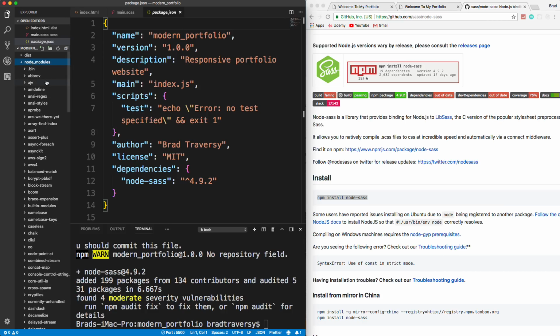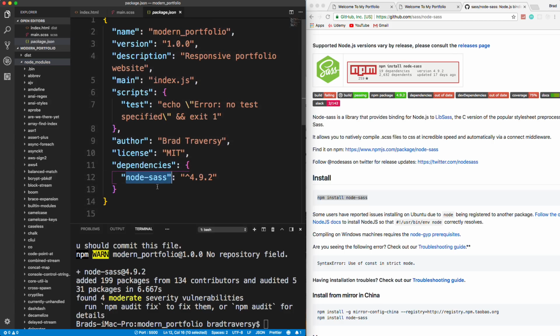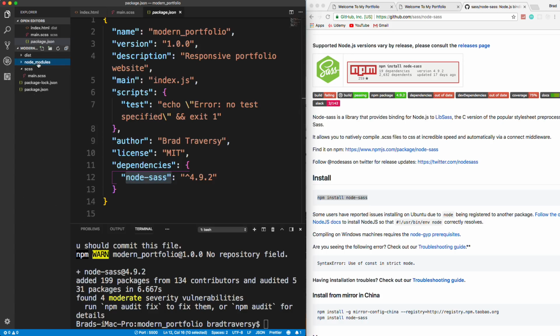Now notice we have a ton of files in here. That's because Node Sass itself has its own dependencies, and then some of those dependencies have dependencies, and all that stuff is in here. So you don't have to worry about this. You never have to go in this folder and touch anything. It's also not going to get deployed to your server, so it just kind of sits there. All right, now we have Node Sass installed,